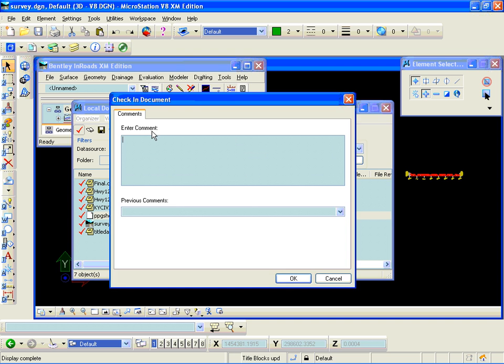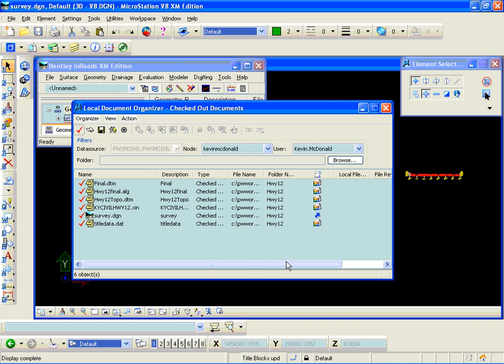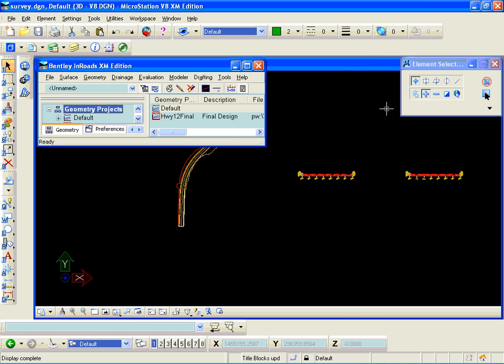Alright, check this last one in, and close the organizer. Now if I switch over to the ProjectWise Explorer,